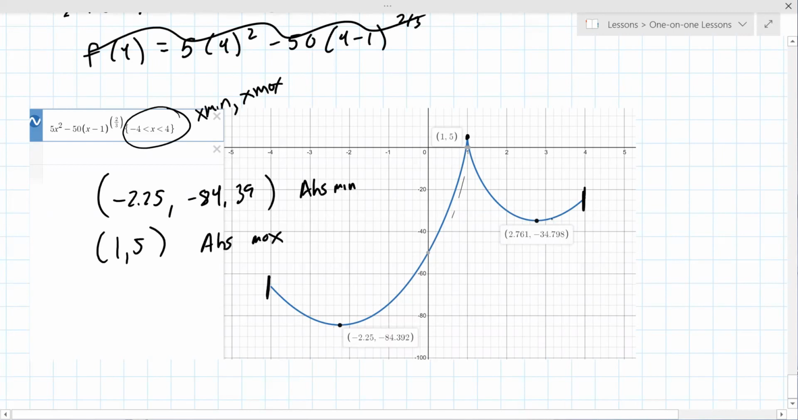And then what's going on down here? Well, it's a min, but is it the lowest point? No, the lowest point was down here. So we got minus 34.79. That's a relative min because it's a min, but it's only relative to the